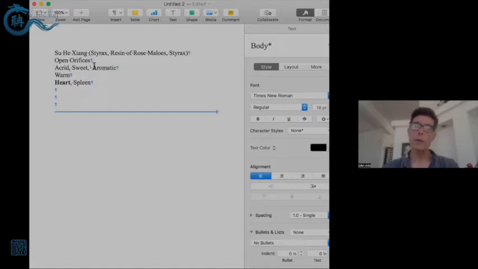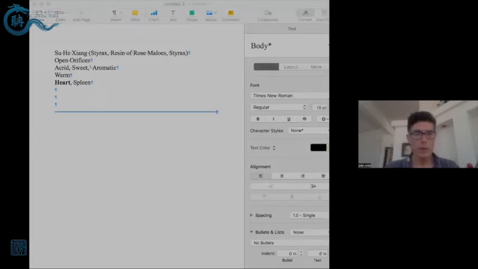Now, remember, with these open orifice herbs, because they're so aromatic, we don't need to use a lot of them. Okay, so just a tiny, tiny pinch. It's just basically enough to smell it to get things going. Anything more than that, it'll be opening and opening and opening to the point where it could be irritating, irritating, irritating. So we don't want that. Okay, so that's a possibility. We could definitely imagine using that. Certain circumstances, we might want to use